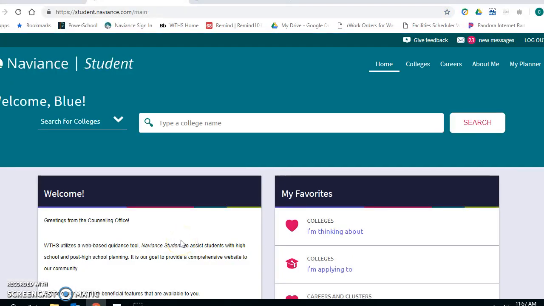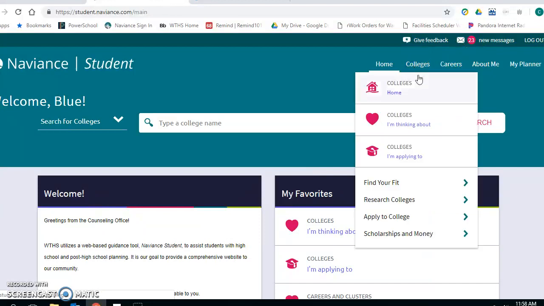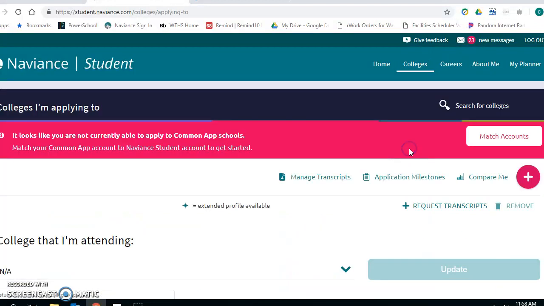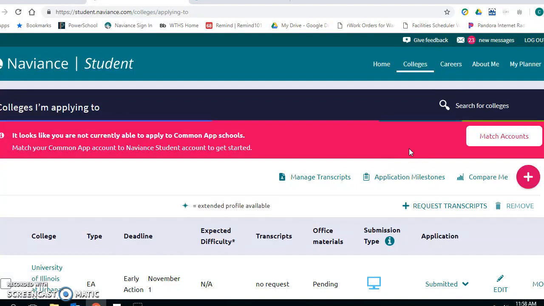When you get to the Naviance student page, click on the Colleges tab. Then click on Colleges I'm applying to. On this page, you will be able to indicate which institutions you are applying to, how you are applying, and request your transcripts. If you are using the Common Application, you will need to complete the Common App matching icon